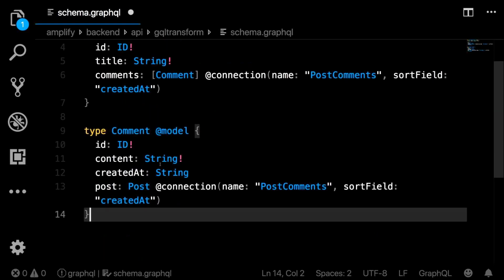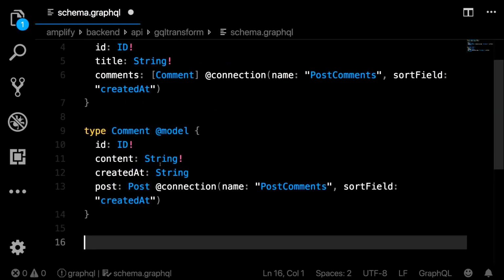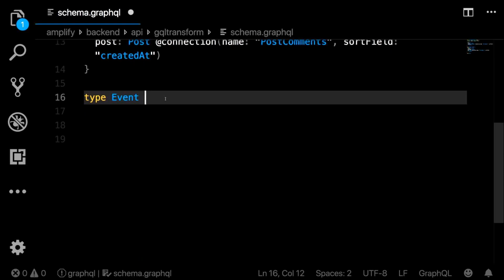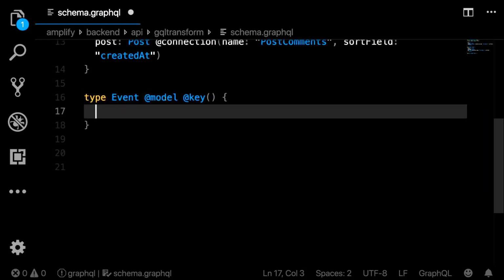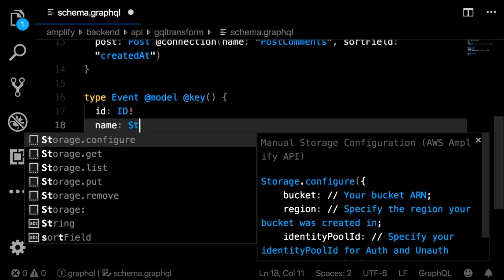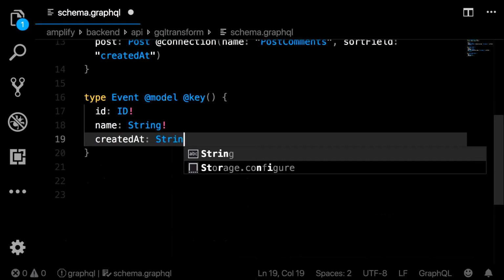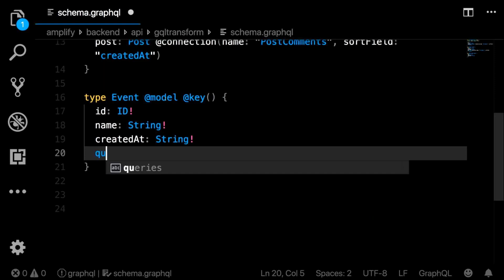The next thing we want to do is have a type of event. This event type is going to be a little different because we want to add the @key directive here and add some search capability. So we're going to have an @model, and we're also going to have an @key. We're going to specify those key rules in just a moment. But first, let's specify the fields on this event. We want an ID, a name, a createdAt, and we're also going to add a new field called queryName,